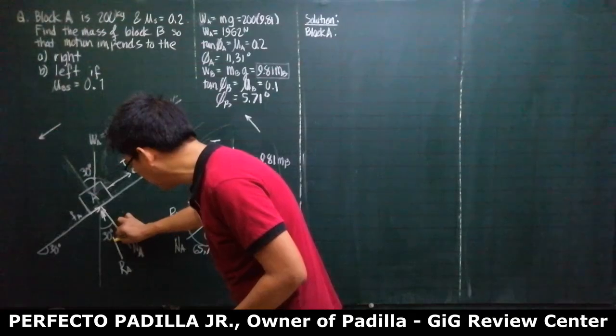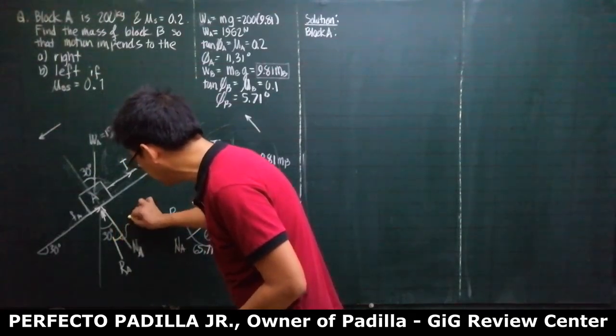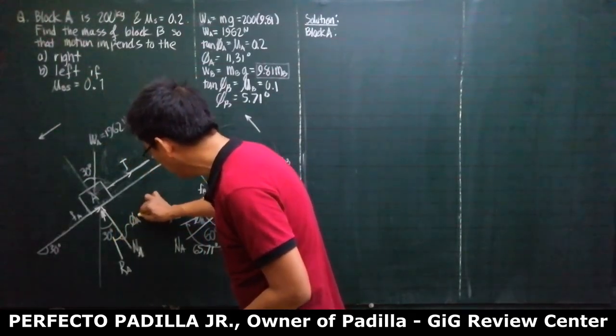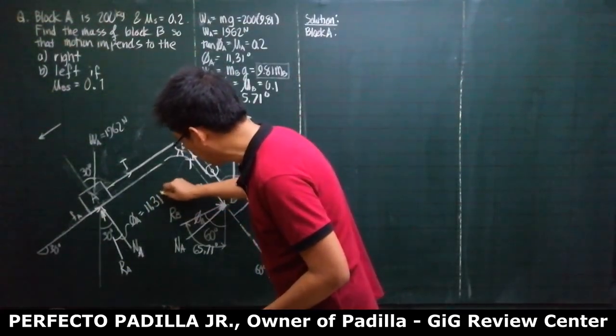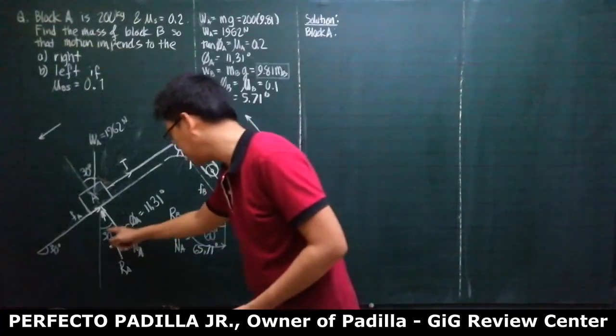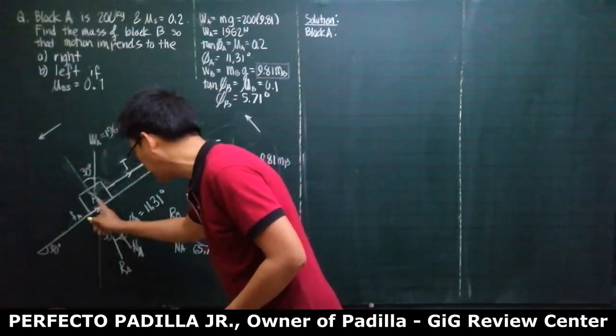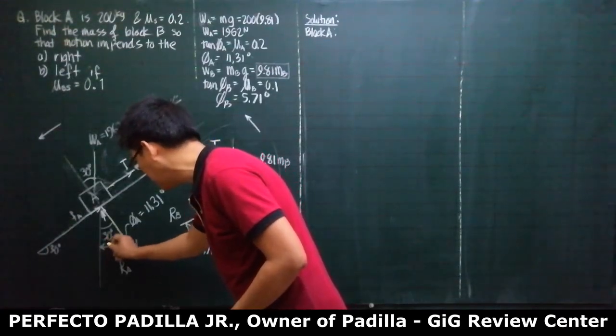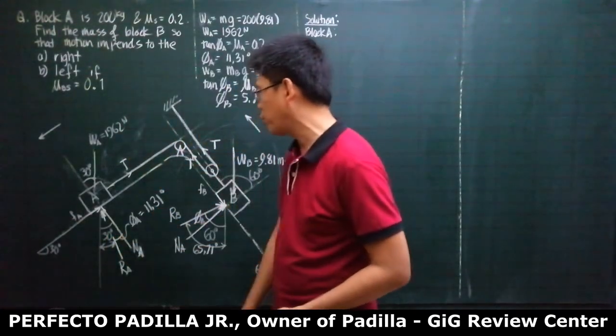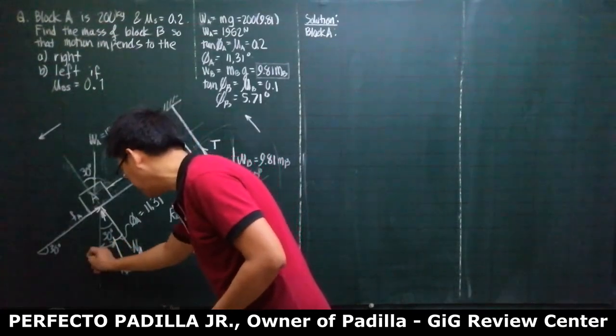And the angle between RA and the normal is the phi at A, which is 11.31 degrees. So if this is 30, from the vertical to normal is 30, so this must be 30 minus 11.31. So this is